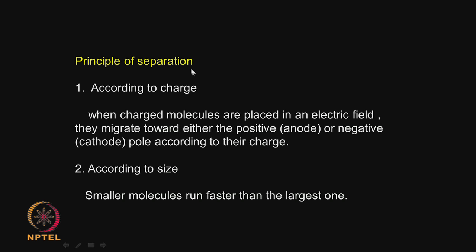So, what is the principle? It is based on the charge. When charged molecules are placed in an electric field, they will migrate either to the anode or to the cathode depending upon the charge that is present on the protein. According to the size, smaller molecules will run faster than the larger ones. Smaller molecules will go faster, whereas the larger molecules, based on molecular weight, will move